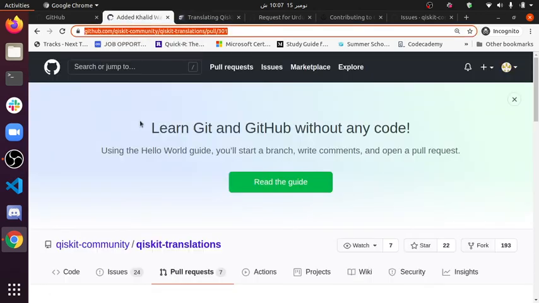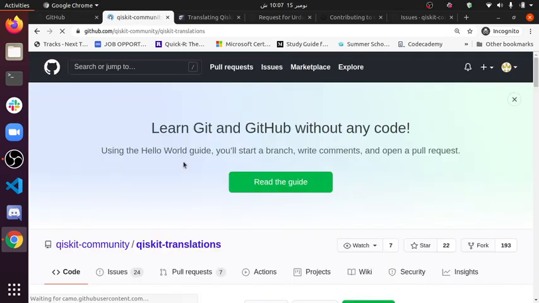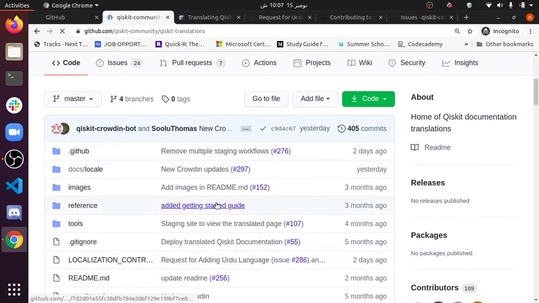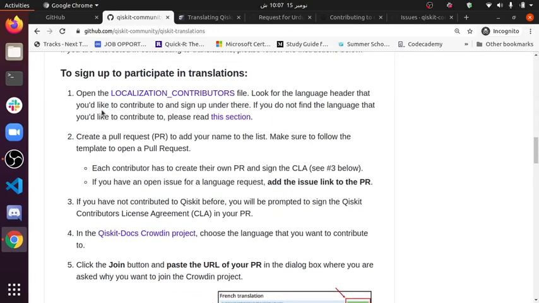Okay, so I'll come back to this official repository, and I'll click on the Qiskit translations to get into the repo of Qiskit translations. Okay, now we are here, and let's scroll down a little bit. So yes, we have added ourselves into localization contributors under the language header which we were interested in joining.